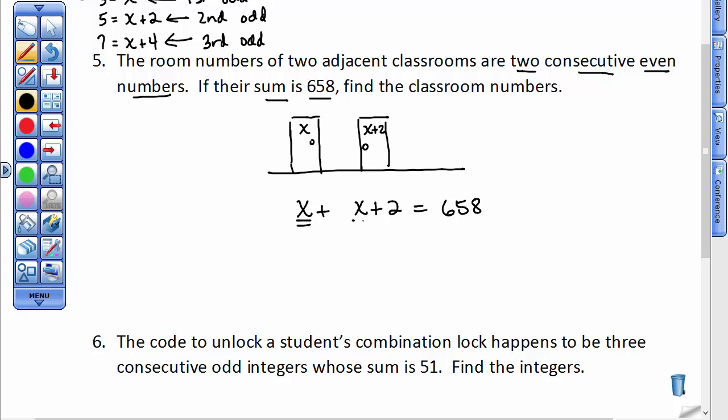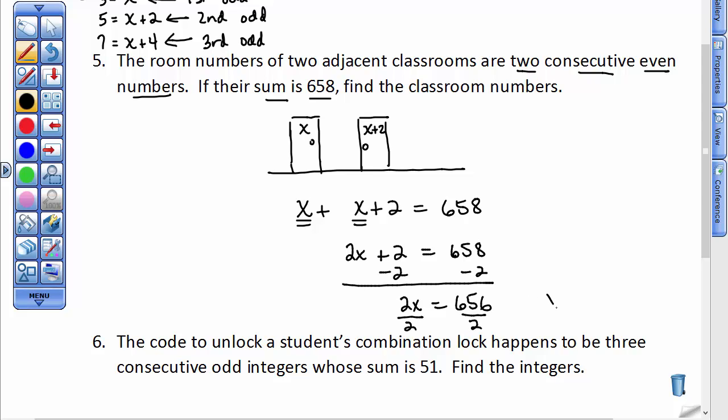And then on the left, we'd combine our like terms. 1x and 1x is 2x. Now we'll subtract 2 from both sides of the equation. And then we'll divide by 2. And when you take 656 and divide it by 2, you'll find out that x is equal to